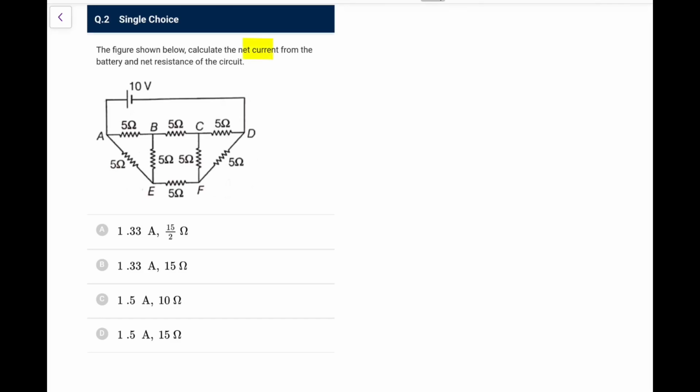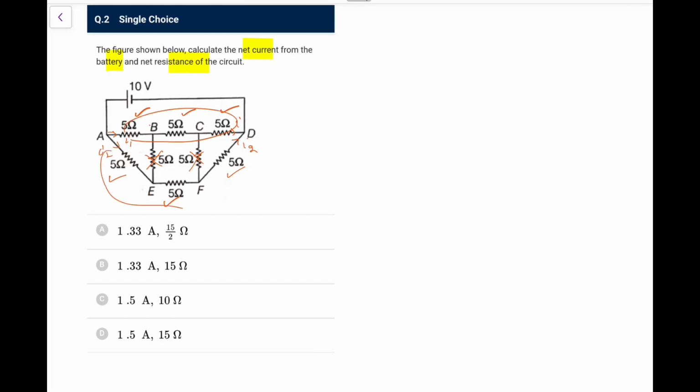Next, for the figure shown below, calculate the net current and the net resistance. So look at the figure. First of all, this is 5 5 5, this is 5 5 5. Because of this input-output symmetry, you can understand, let's say I1 enters here, I2 enters here, this one will be I1, this one will be I2, so there is no mixing, plus this and this are both identically symmetric. Like in the Wheatstone bridge, it's best to check by just removing them first. If I remove these two, B and E must be at the same potential because of symmetry, and C and F must be at the same potential, so connecting them won't affect anything. So these two are show pieces only, you can directly remove them.